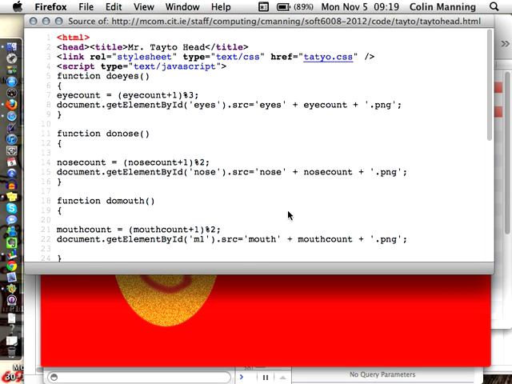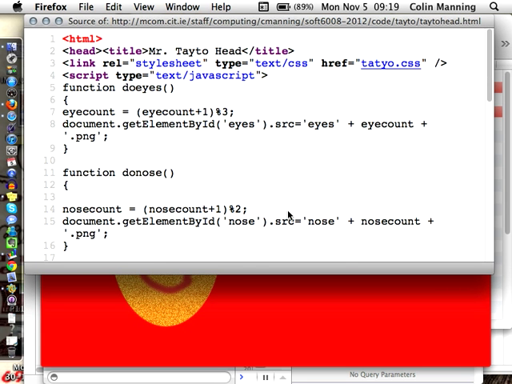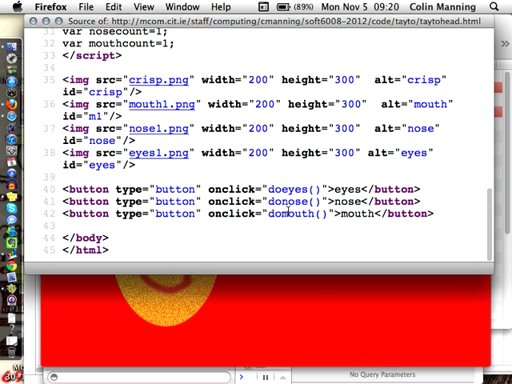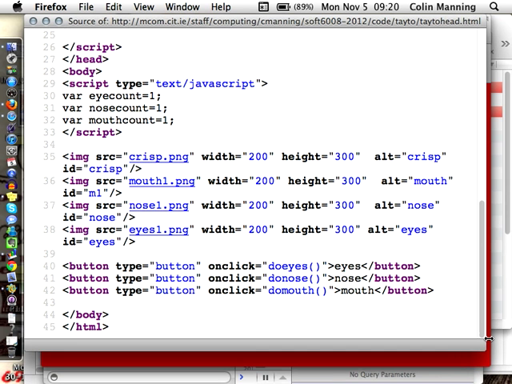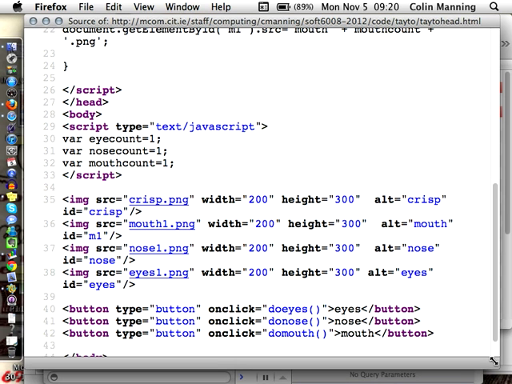So this is, at its bones, a very simple page with 4 images on it. We have crisp, mouth, nose, and eyes. Now, they're PNGs rather than JPEGs or GIFs. And that's significant because